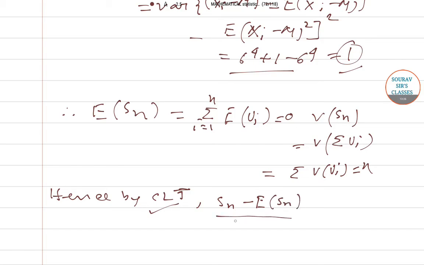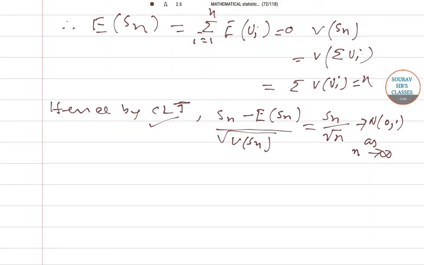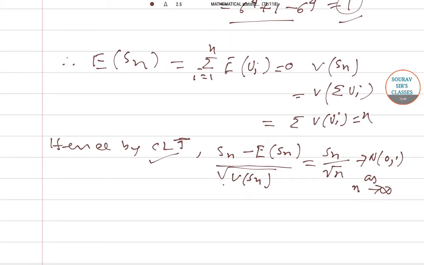Similarly, this tends to N(0,1) as n tends to infinity. So this finding we'll write as double star,